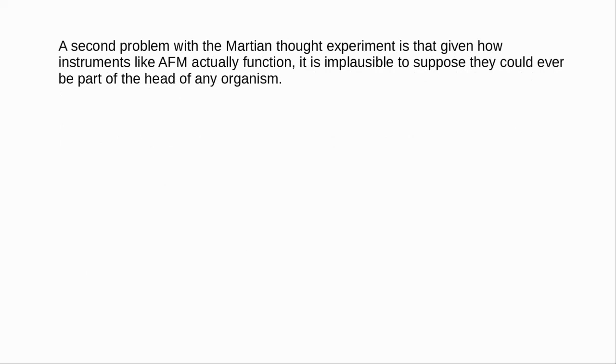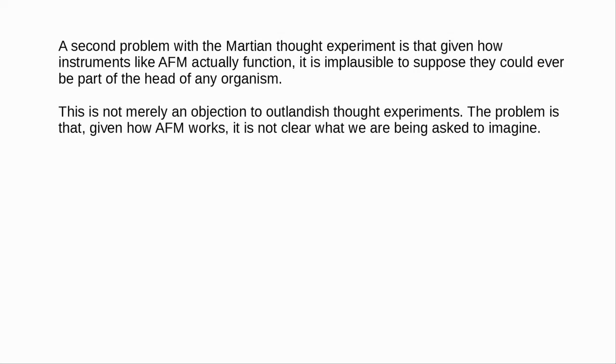So the second problem with the Martian thought experiment is that given how instruments like atomic force microscopes actually work, it's just completely implausible to suppose that they could ever be part of the head of any organism. Now, of course, philosophers often appeal to thought experiments, sometimes quite outlandish, to defend their views, and I don't want to object to thought experiments in general. The real problem in this case is that it's not at all clear what it is we're being asked to